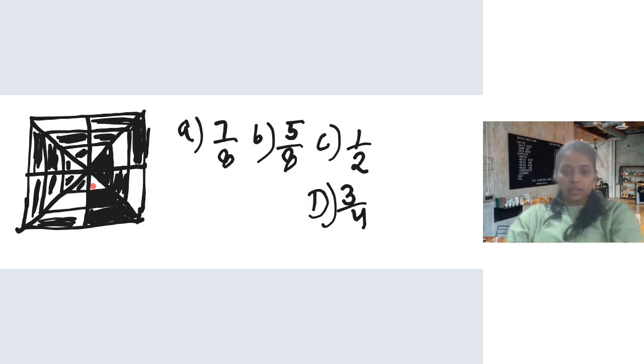How many total parts are there? We need to find the shaded fraction now. Ma'am, the shaded fraction I'm getting is 18 upon 24. I'm rechecking. No, that's right. 18 upon 24. So can we not simplify it? Yes, we can simplify it, ma'am. Ma'am, 3 upon 4. 3 upon 4. Very good. So sometimes the answer is given in the simplified form.